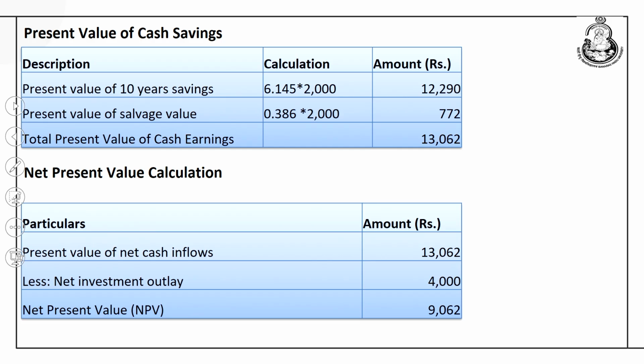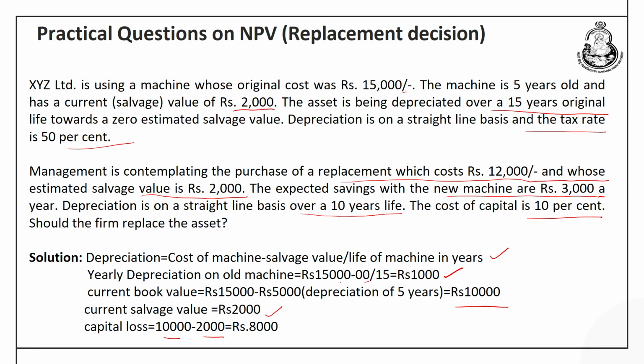Now, if we multiply the 2,000 by the present value factor for 10 years, we get 12,290 as the total benefit received over the next 10 years. Where do we get this 6.145? If the company's cost of capital is 10% and the company is incurring an annual saving of 2,000 every year for the next 10 years, then the PV factor of every year would be added up,